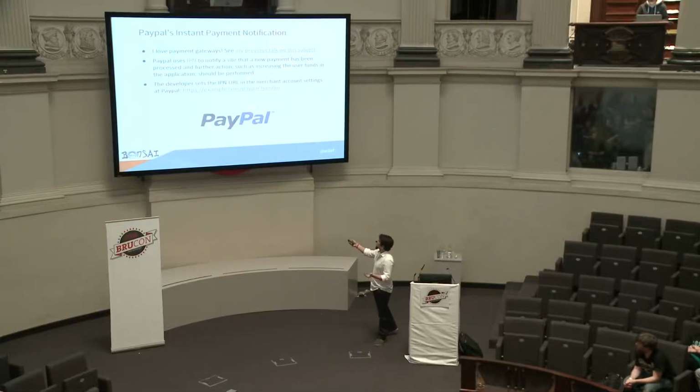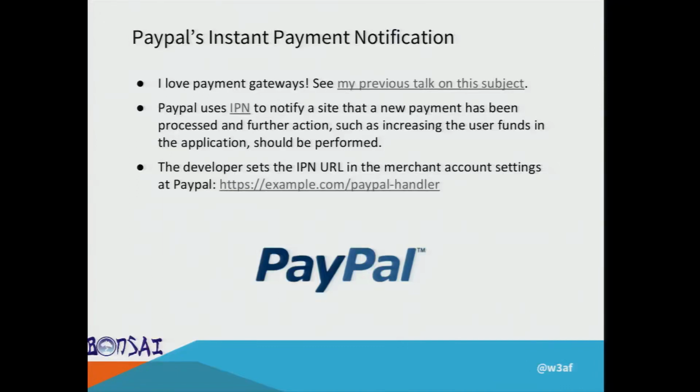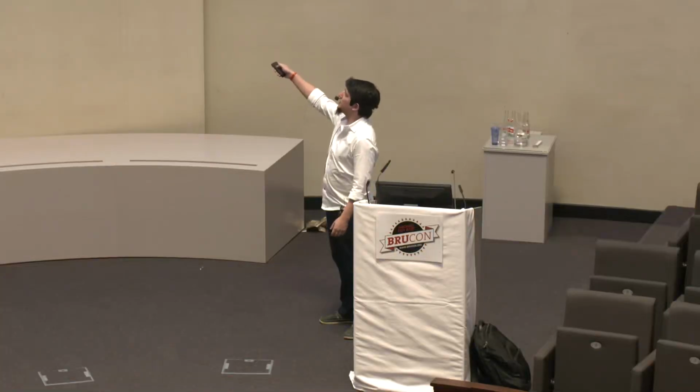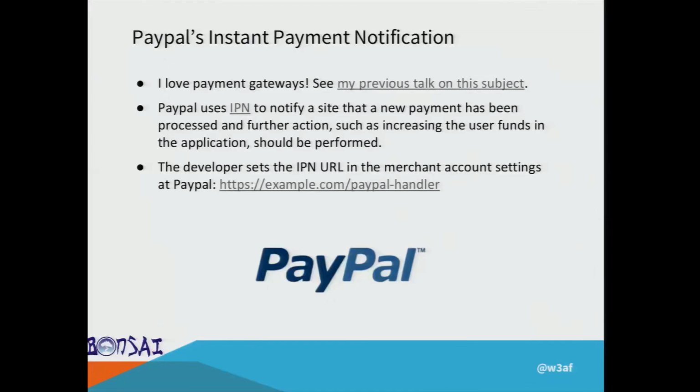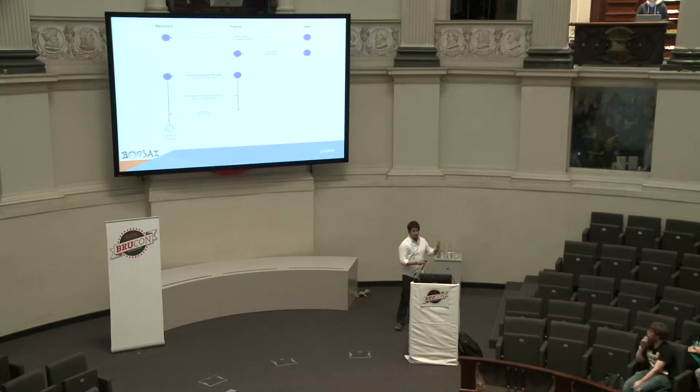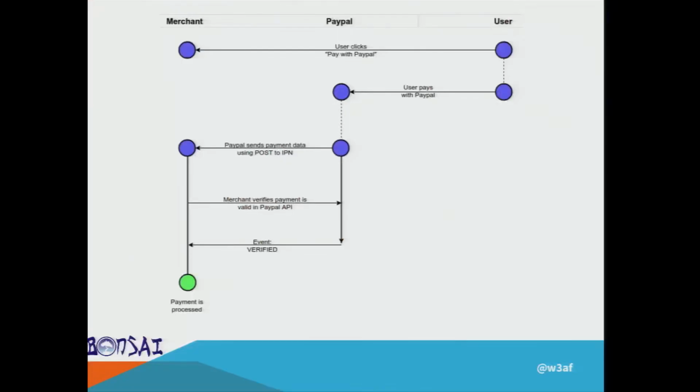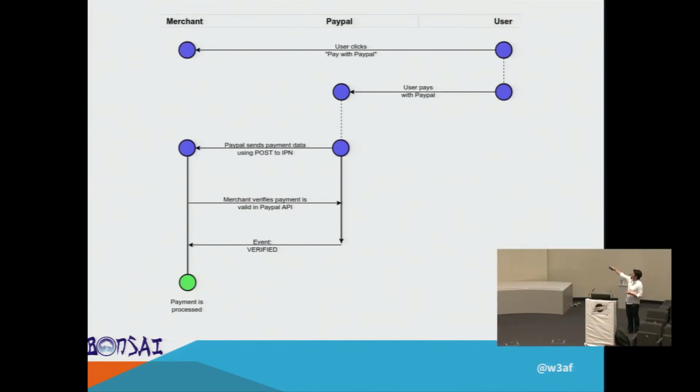So how is this implemented? Basically, if you're the developer, you go to your PayPal settings and you say, okay, I want to receive my IPN messages, events in this URL. And you, the developer, need to code something here in the PayPal handler. And that PayPal handler usually looks like this. Like we said, the user clicks on Pay with PayPal. The user goes to PayPal and then pays using his credit card, and PayPal sends a post request to the